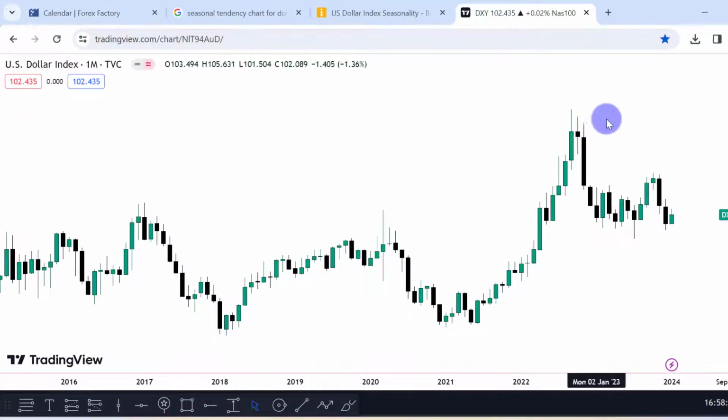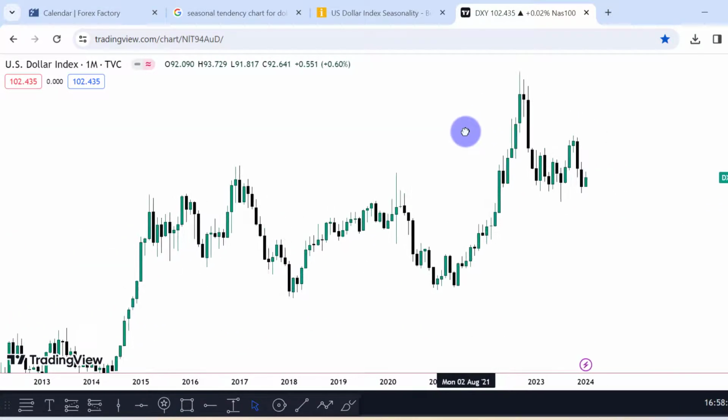Then the next thing I will do is to just go to the dollar index chart and do my institutional order flow analysis on the monthly, the weekly, and the daily time frame, because the higher time frames are the main driver of liquidity. Remember, the daily time frame will always respect the liquidity level on the weekly, and the liquidity levels on the weekly time frame will always be subject to what the monthly time frame is saying. So if the monthly is saying bearish and we see a sign of bullish price action on the weekly, it may be a manipulation or retracement. It will eventually trade into the monthly draw on liquidity.